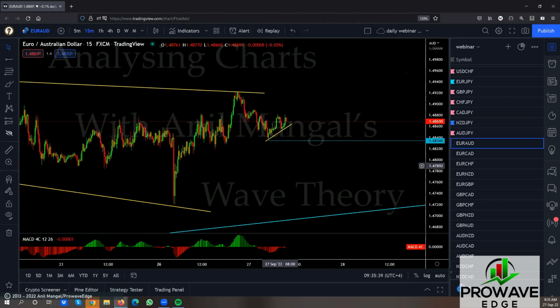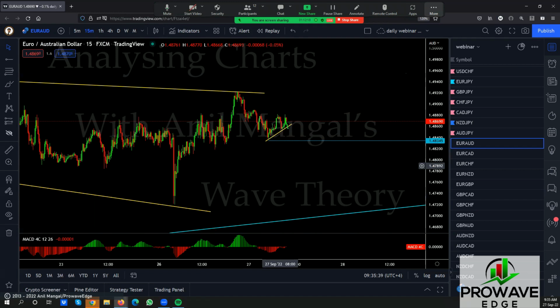Simply because you can make a flat here. You can see that this could come here, go back up there. And then if it does that, we'll put the entry here. We'll try to get entry from the top there. Right, if we get a flag before, it's okay. But this is one, that is one. I think they can stay here for a while, go back there, and then make a bigger flat here, right? Like this did, see? It broke out, come back, and then go. So we can see this making a bigger flat before it drops.